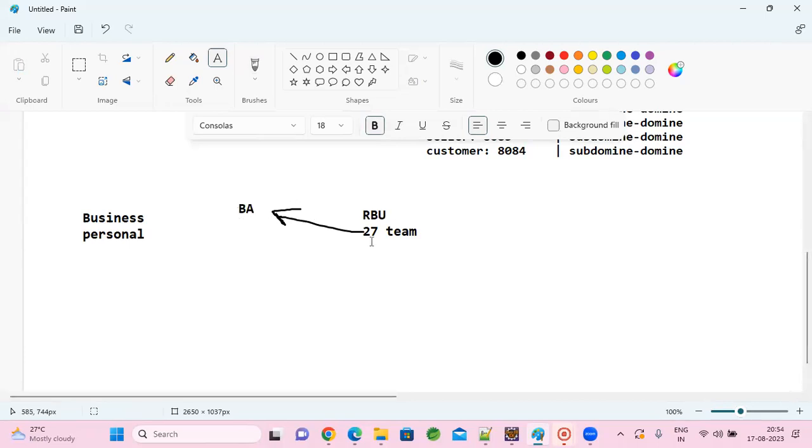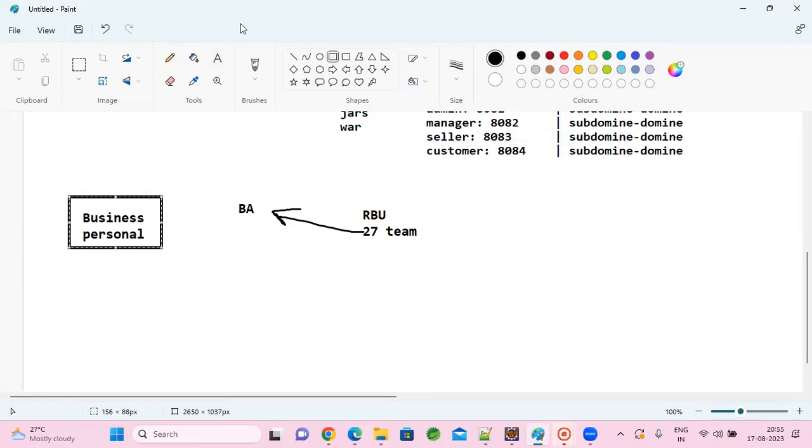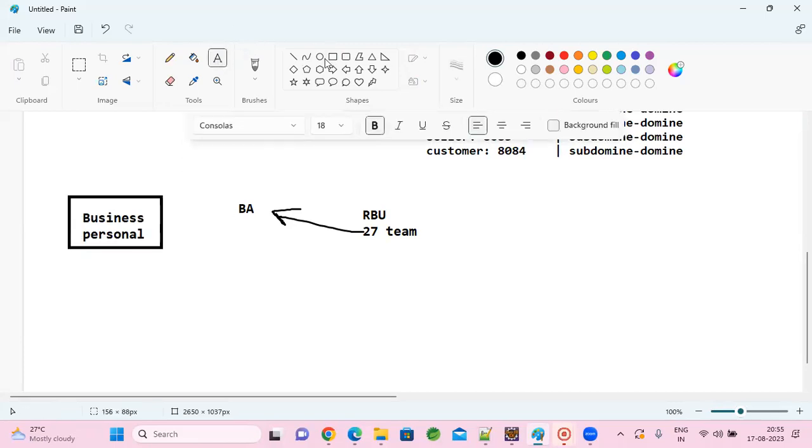But you need to imagine somebody acting as a BA, somebody acting as a TL, somebody acting as a manager, somebody acting as a developer, somebody acting as a reviewer. That's how we will feel the real-time implementation. Otherwise, if I am doing coding and explaining everything, it will be like a monologue, like I'm doing everything. Okay, so we'll be collecting requirements and all the documentation will take place here between business and BA.